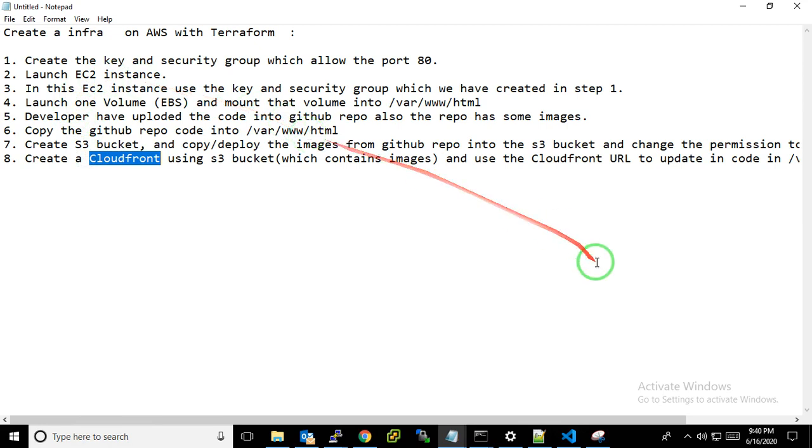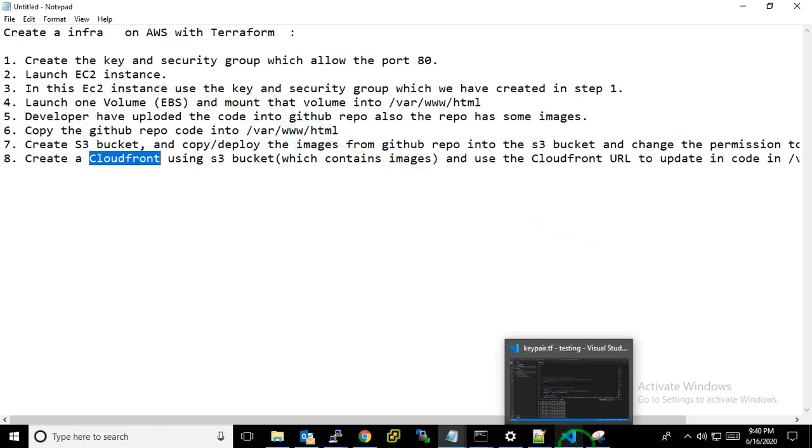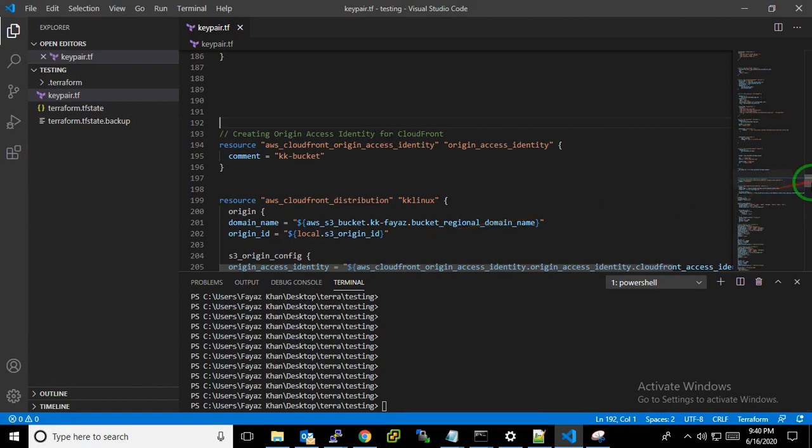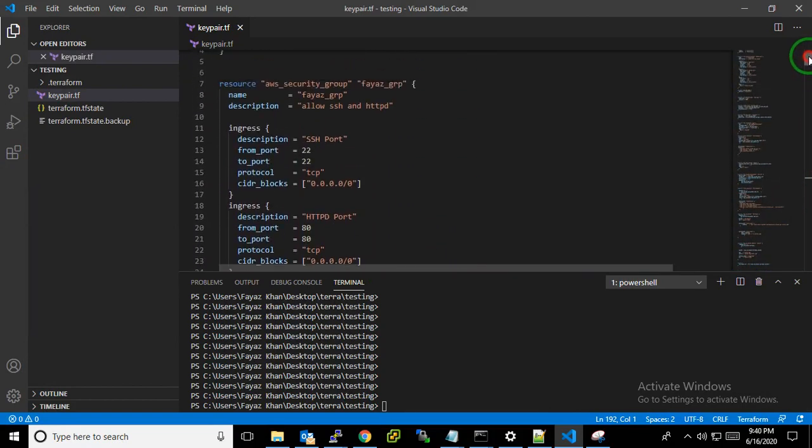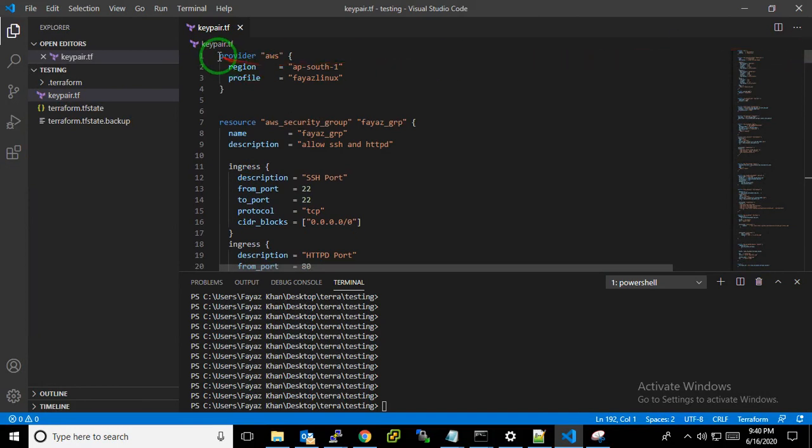So let's come up with the code. Here I am writing my code. First of all, we have to tell Terraform what my provider is, so where I am going to launch my code. This is the syntax of Terraform for connecting your Terraform to AWS.